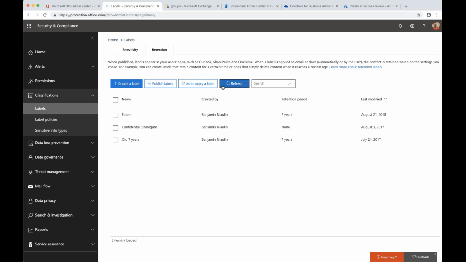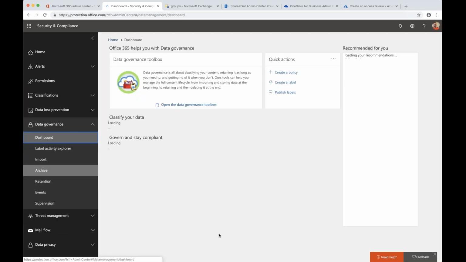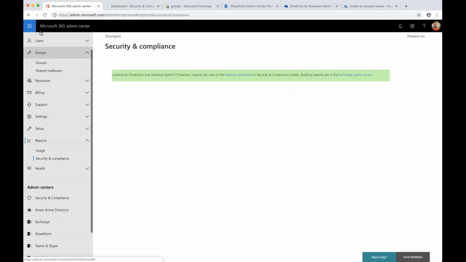Make sure that you set up your classification label and make sure you spend some time under the classifications as well as the data governance section of your environment so you can set up and see the labels applied, where they're being used. When you decide that you're going to create a new Office 365 group,